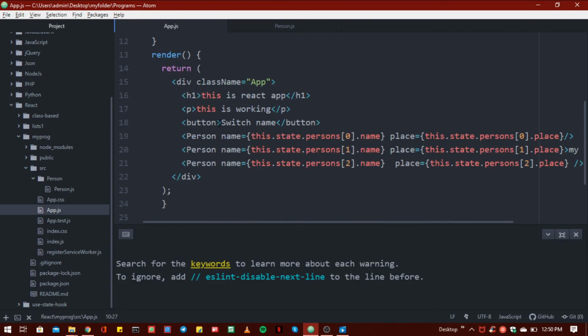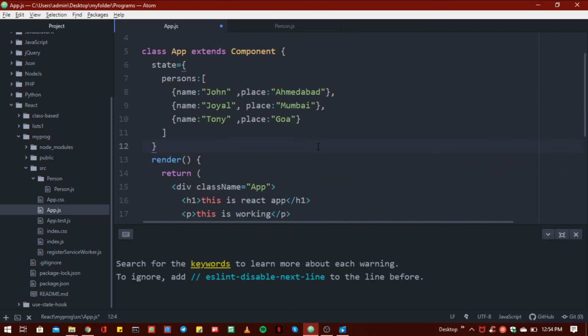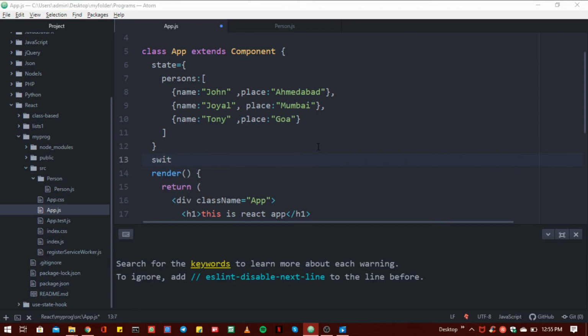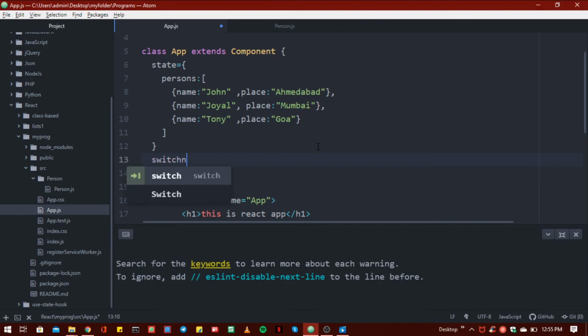And we don't use this button property yet, so we have to write the onClick method. Remember, this is JSX syntax, so the C is capital, and write these braces to execute some dynamic code. And to change the name, let's add here a new method called switchNameHandler.